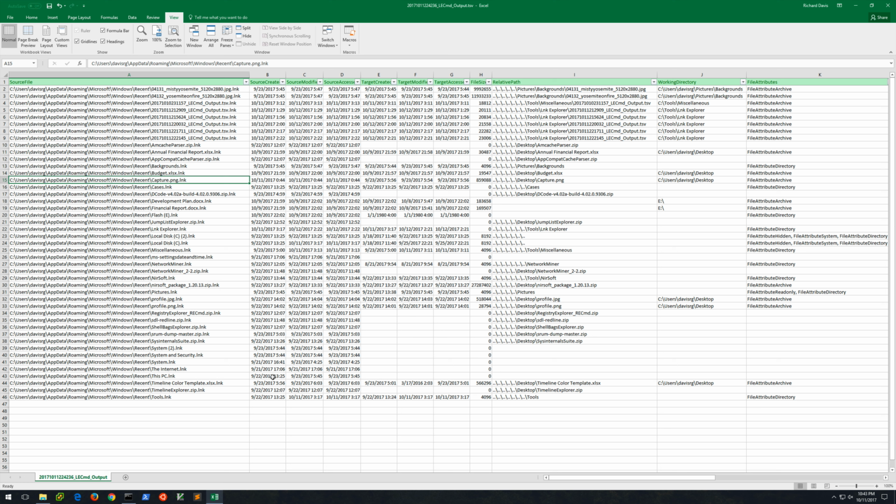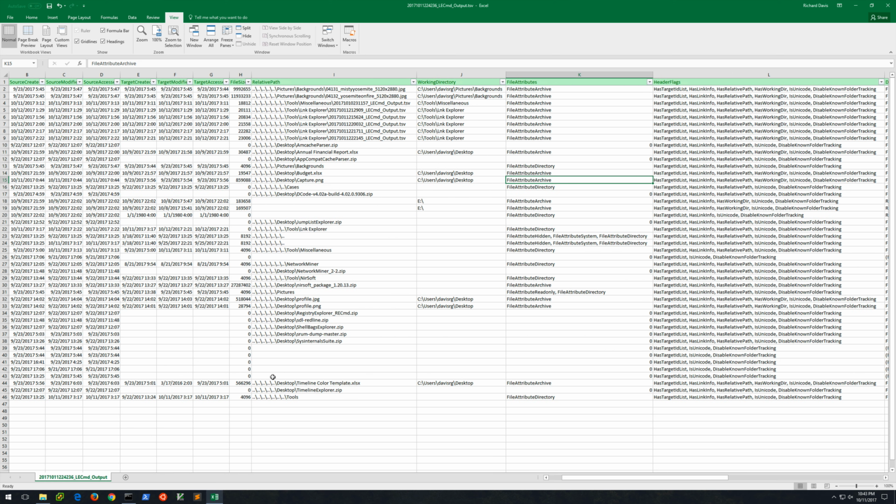So as an example, let's pick on our friend capture.png.lnk again. Now, as we scroll across here and look at the collected data, a lot of this you'll recognize from ExifTool, but there are a few additional pieces of information that we did not see with ExifTool. So first we've got the source timestamps for the link file itself. Then we've got the timestamps for the actual target, the actual capture.png file in this example. Then we've got the target's file size and its relative path, its working directory, the attributes, which again is just an A for archive,